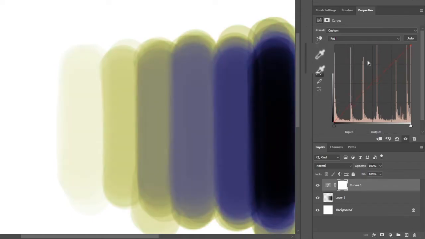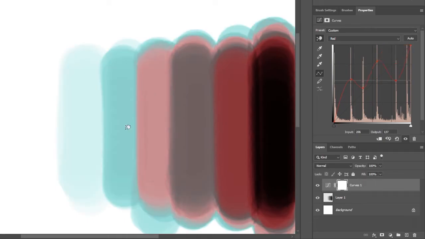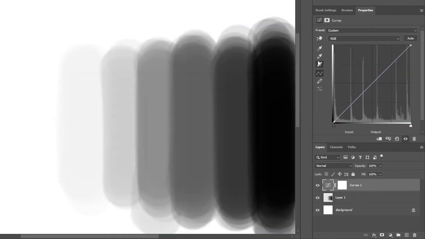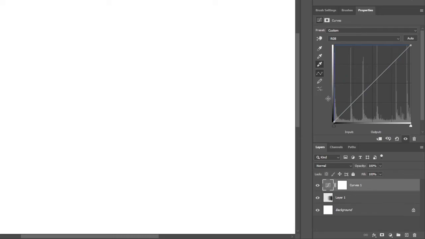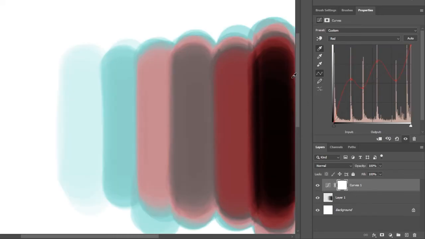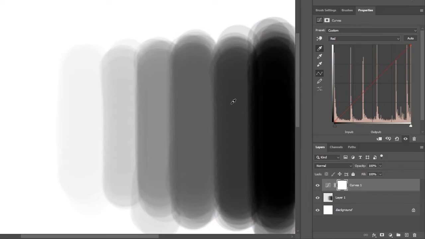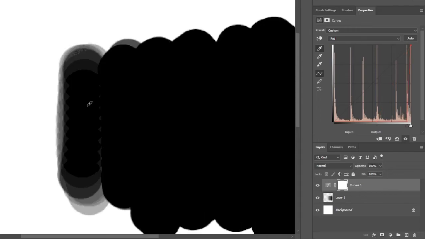There are some useful buttons on the side. The first button lets you adjust the curve by clicking on a value on the canvas and dragging it up and down to move the curve. The next 3 buttons are used to sample on the canvas to set black point, gray point, and white point. For example, with black point selected, whatever value I click on is the new black. I can't really think of a use for them in digital art though.